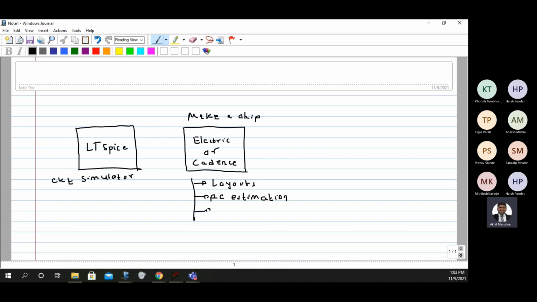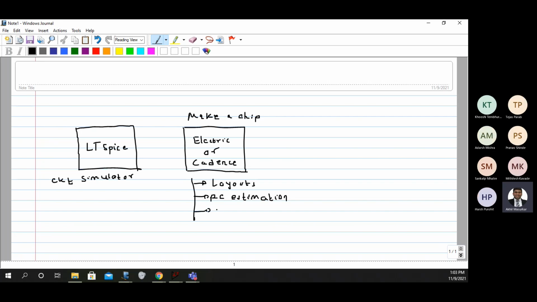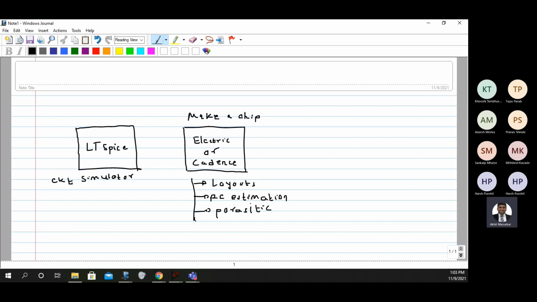You may have to do parasitic estimations. You may have to do something called LVS, layout versus schematic. And there are many such functions.